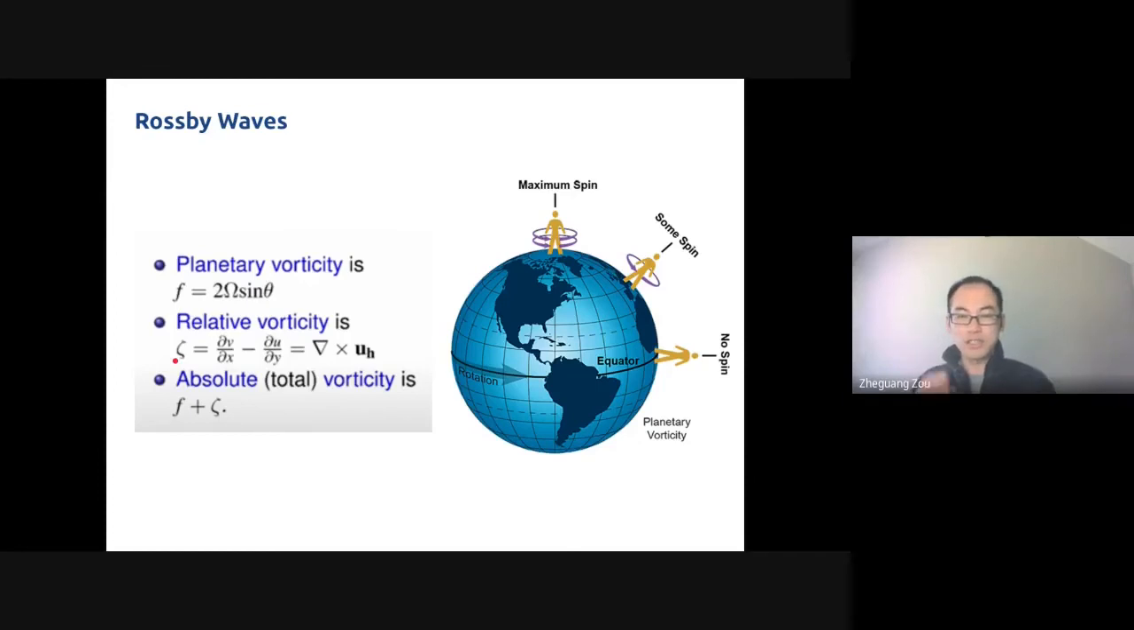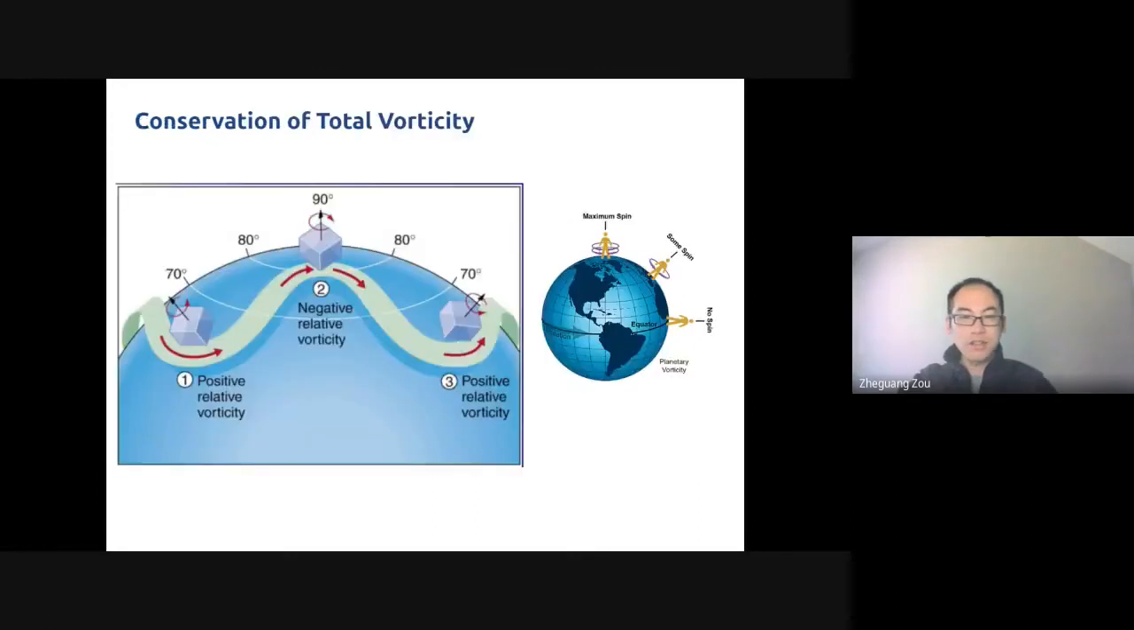Okay, so the total vorticity has two parts. One depends on where you are. The other part is how fast you spin. And the Rossby waves develop due to the conservation of the total vorticity. So no matter how you move, the total vorticity has to be conserved. Let me see, okay, I have this figure. Conservation of total vorticity. Think about if the flow at the beginning tries to circulate at this latitude,